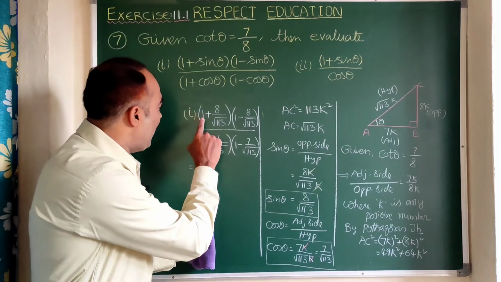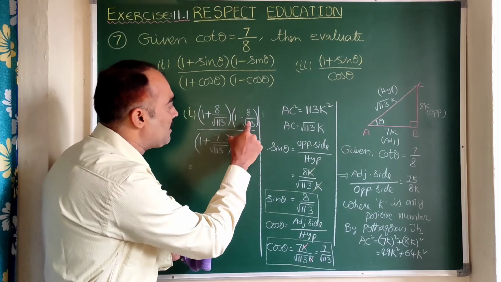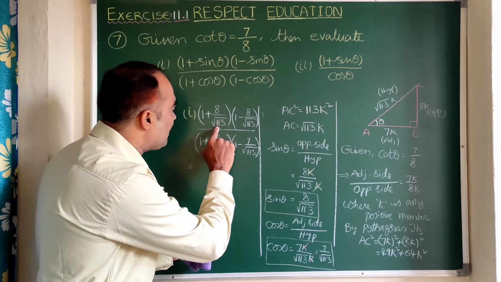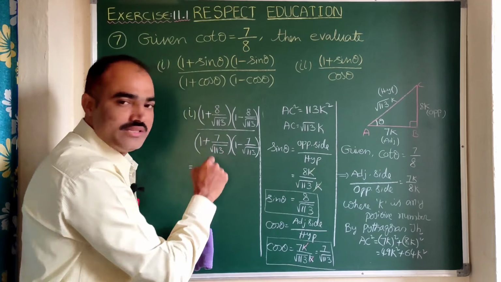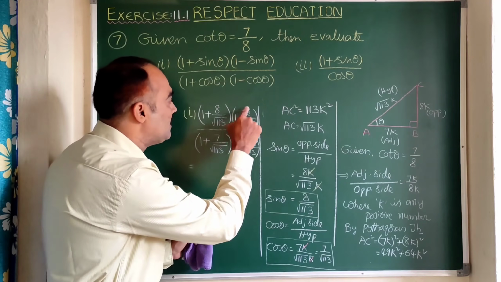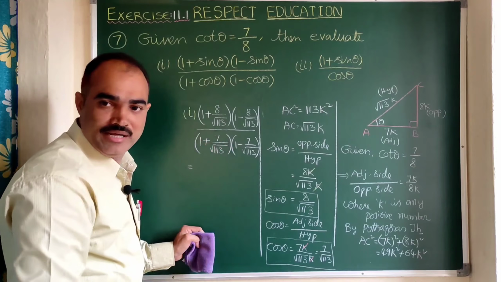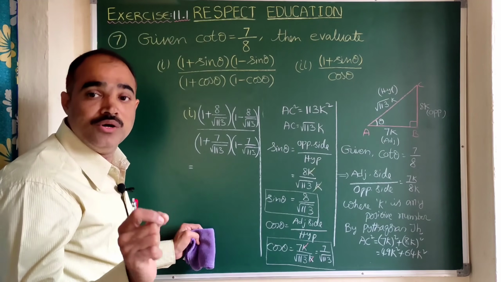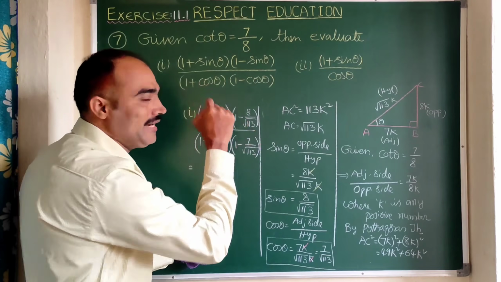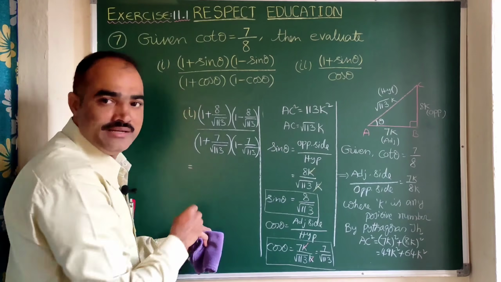Now here I told you that two ways are there. First way is multiply 1 into 1 is 1, 1 into minus 8 by under root 113, minus 8 by under root 113, plus 8 by under root 113 into 1, plus into minus, minus 8 by under root 113 into 8 by under root 113. The same way here numerator or denominator also can be done. But here I would like to tell you easiest way, that is second method. That is what? A plus B into A minus B. What is the formula? A square minus B square. Here A means 1. Clear?